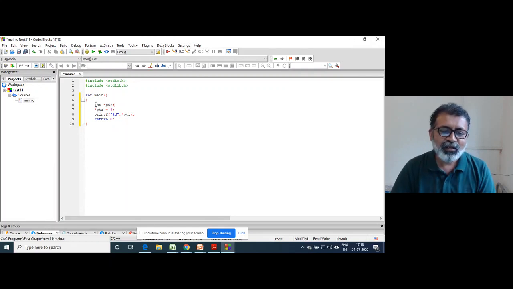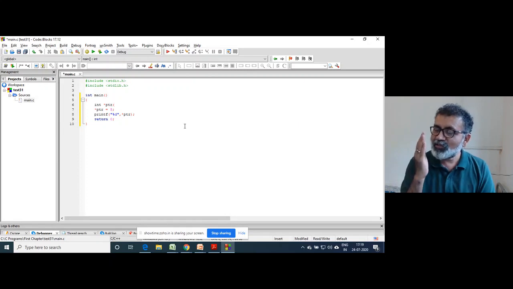First of all, I explained the concept. You have declared this pointer variable. So PTR is an integer pointer, right? But I told you that you cannot write like this. I told you that you cannot store any address like this, if you can recall. You cannot do this. Why?